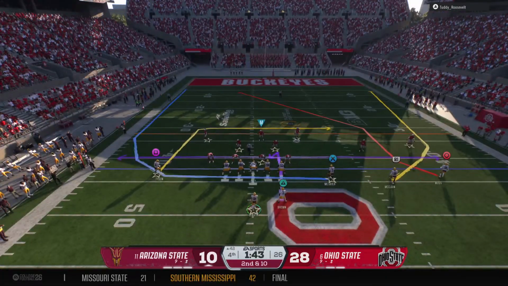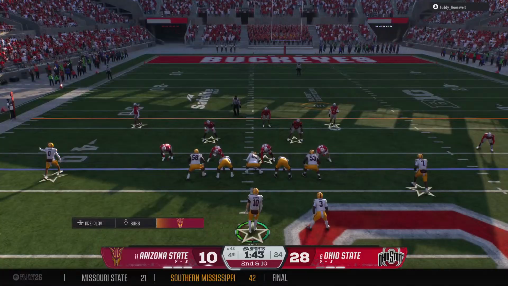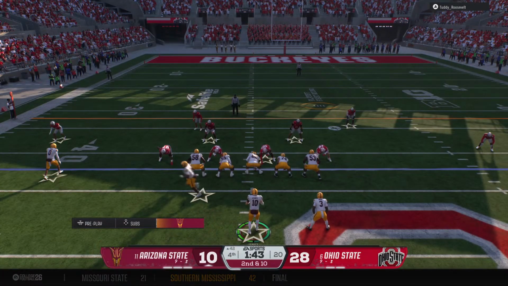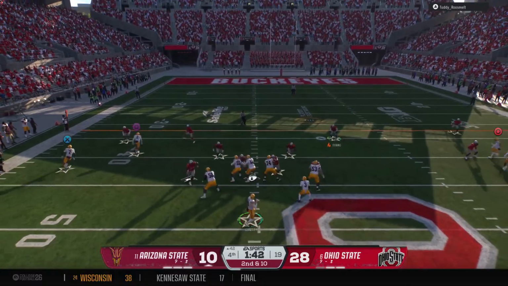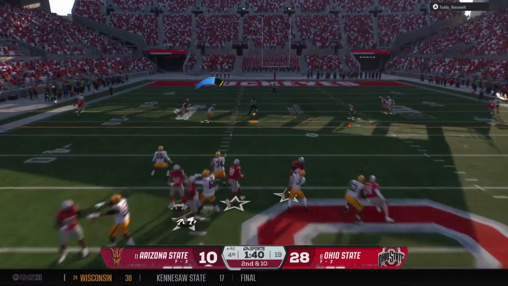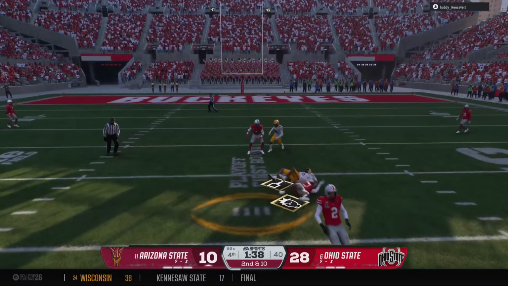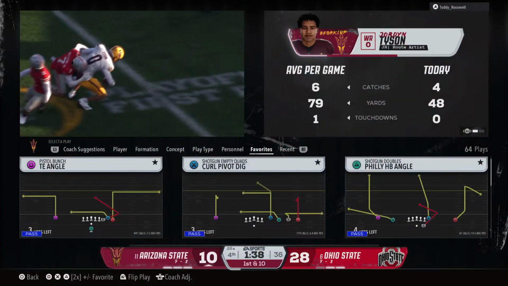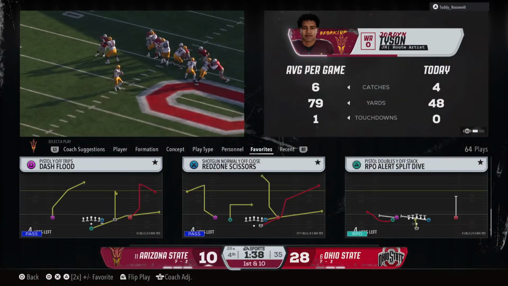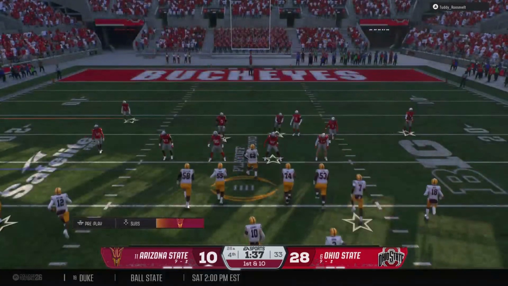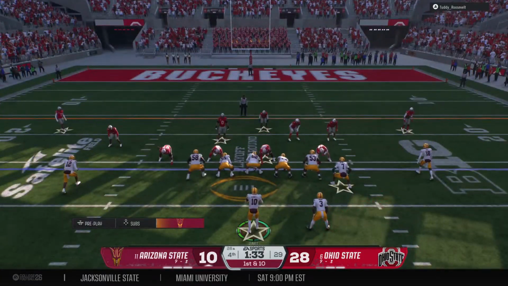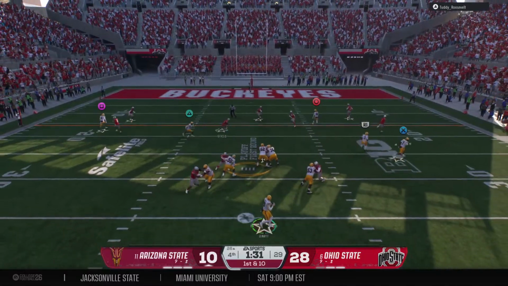Completion makes it 2nd down. Movement here from the tight end. Looking downfield. It's Levitt. Fires it to the wideout. Wide open downfield. Tackle made at the 26-yard line. This offense getting closer to the red zone. Well, you could tell the quarterback knew exactly what he wanted to do with the football. He was going to that in route no matter what. He hits it for a nice gain.